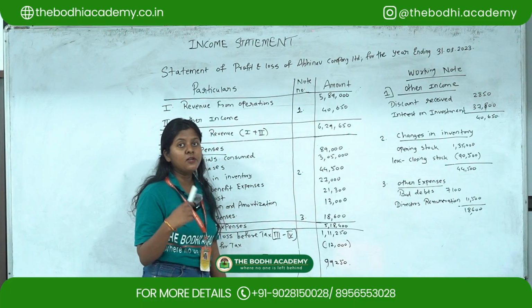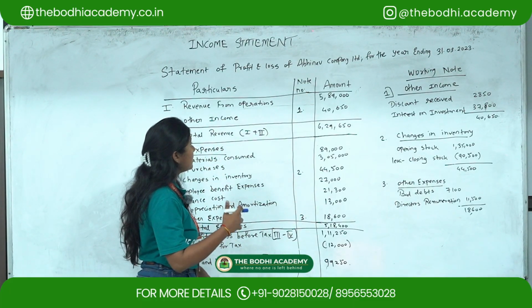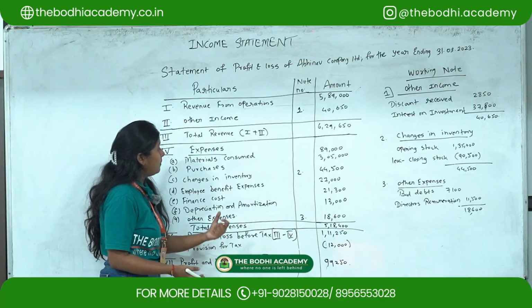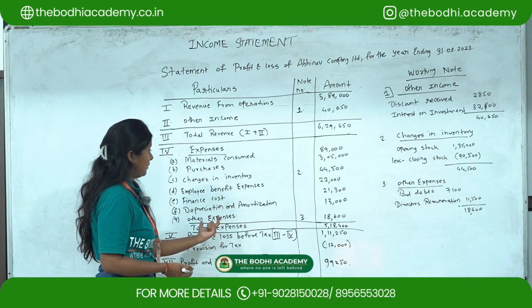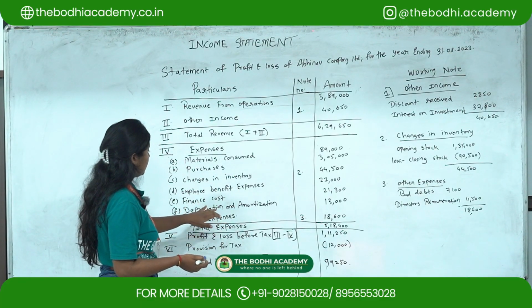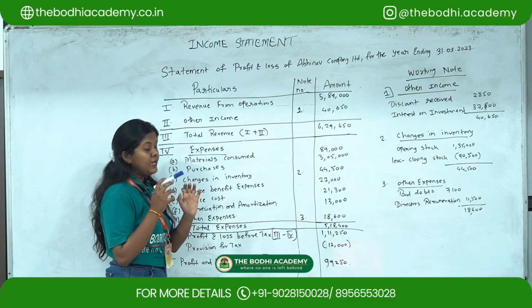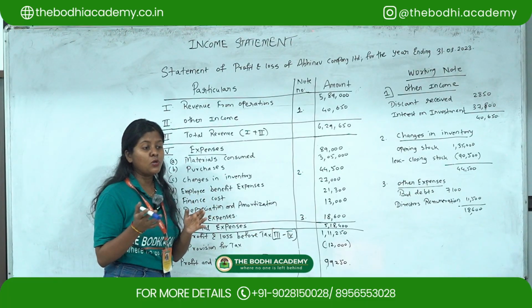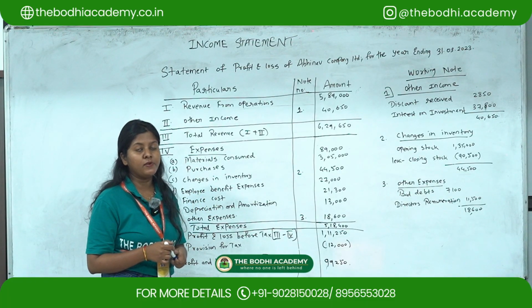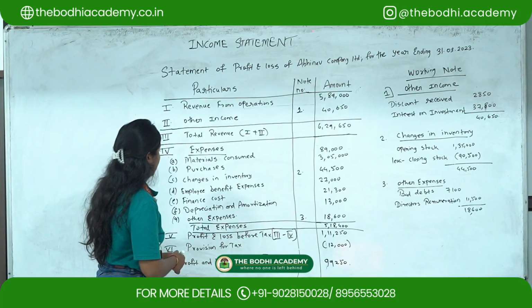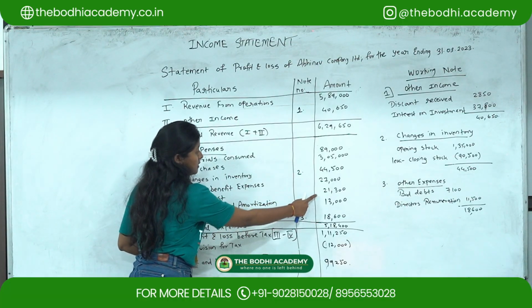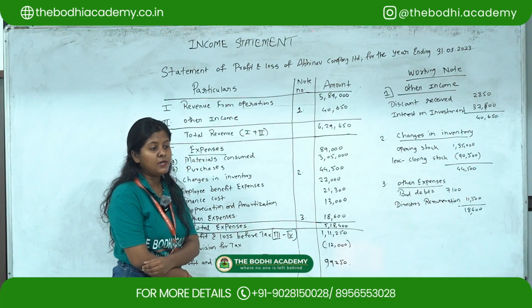Next, interest on bank loan. Now they are paying interest on bank loan, so it is an expense for the firm, but you have to check where you are going to classify it. So as I told, interest on borrowings, interest on debenture, interest on bank loan will come under finance cost. So this will go under finance cost as 21,300.